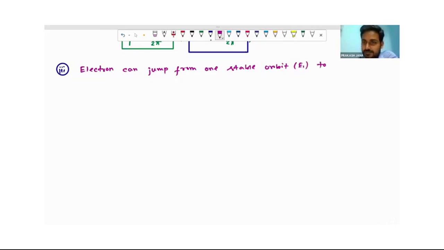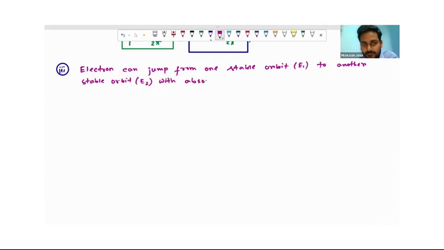So from one stable orbit to another stable orbit, suppose the energy is E2. The energy of the electron is E1 and E2 when the electron is revolving on these stable orbits. Okay, so the electron can jump from one stable orbit to another stable orbit with